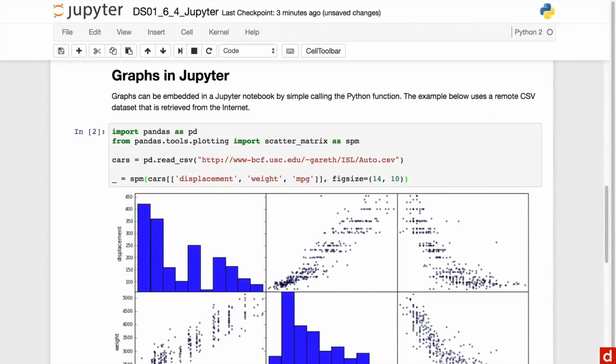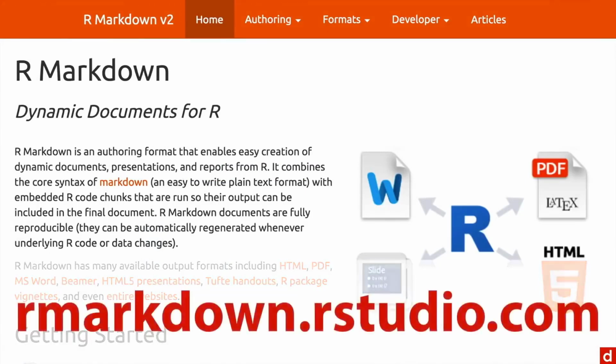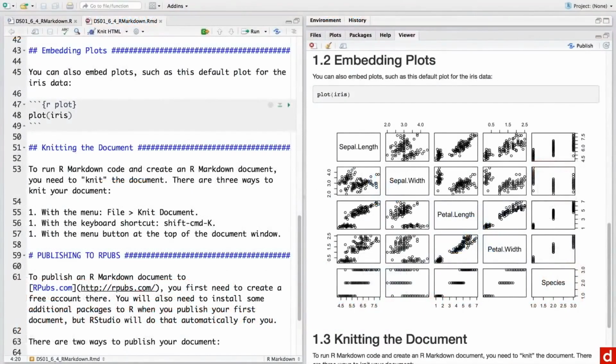If you're working in R, you can do this through something called R Markdown, which works in the same way. You do it in RStudio, use Markdown, and you can annotate the whole thing. Get more information about that at rmarkdown.rstudio.com. And so, for instance, here's an R analysis I did, and you see the code on the left and you see the Markdown version on the right.